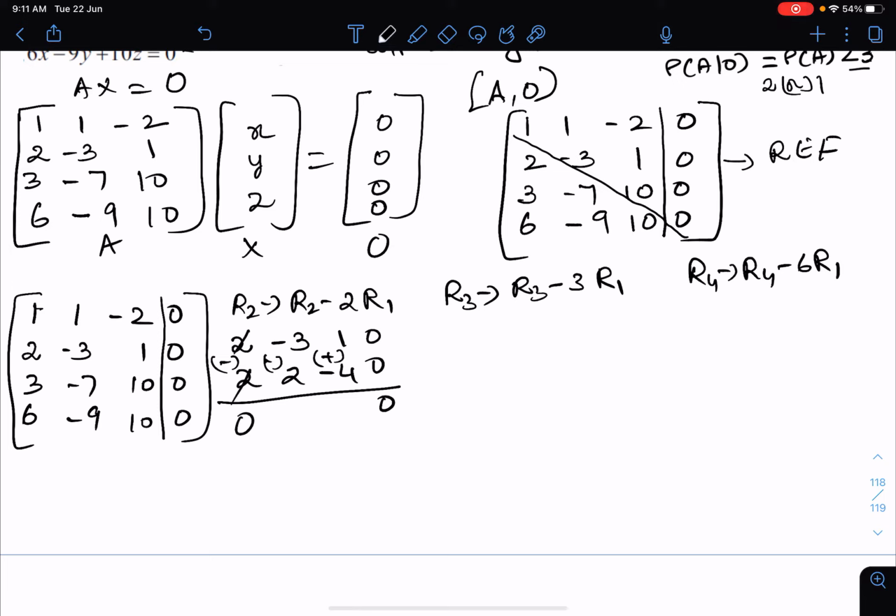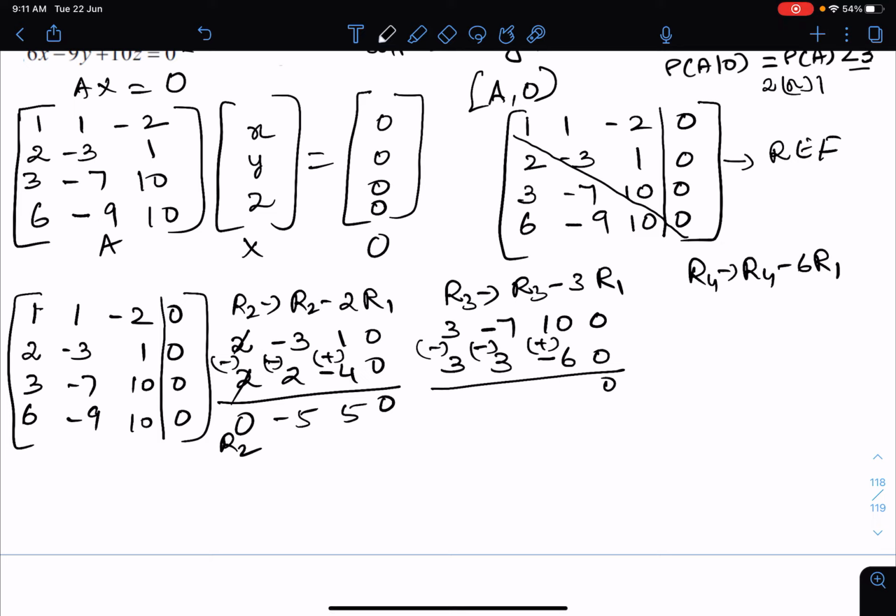Equal and opposite, 0. Both are of minus sign, so minus 5; both are of plus sign, so plus 5. This is going to be our R2. Now what about our R3? 3 minus 7, 10 and 0. 3 into R1: 3, 3, 3 2s are 6 and 0, so this is going to be 0. Change your sign throughout, all the plus becomes minus and minus becomes plus, equal and opposite, so 0. Both are of the same sign, so minus 10; both are of the same sign, so 16. Okay, 10 and 16 you get.